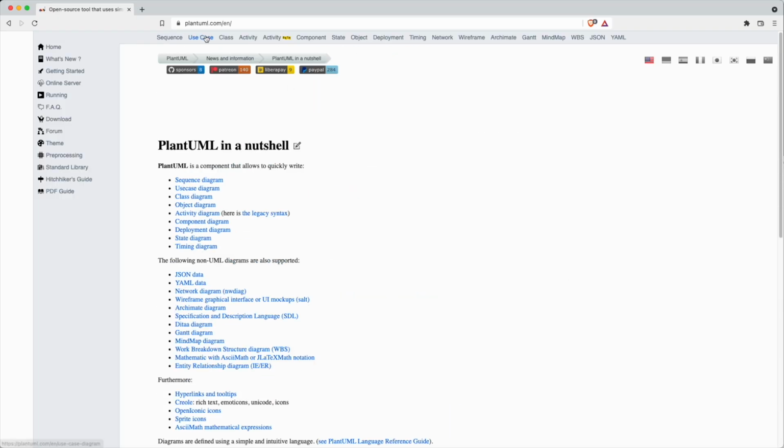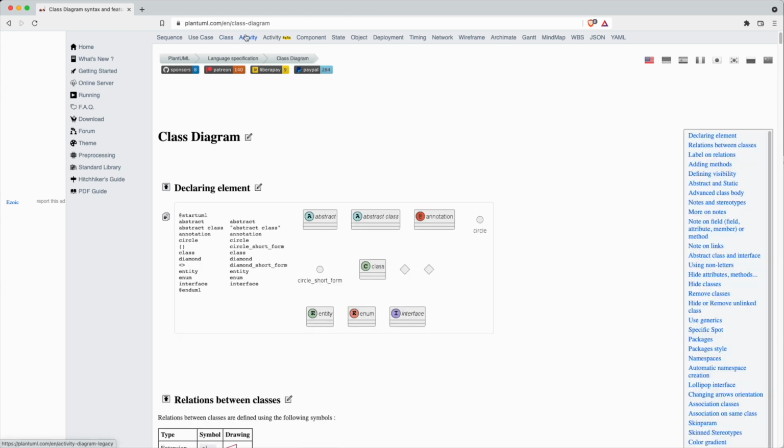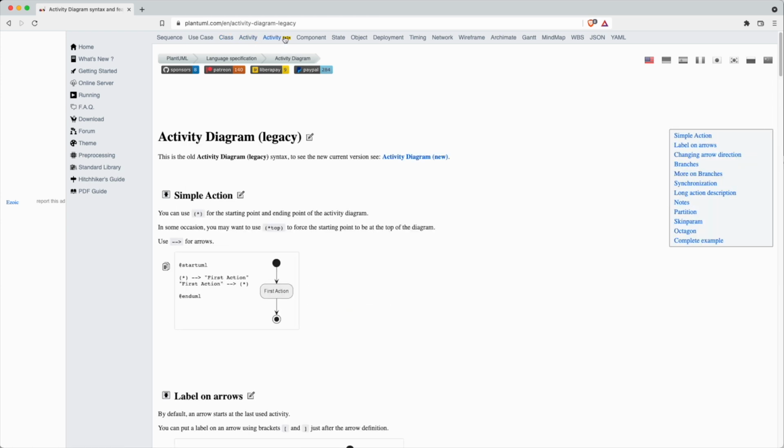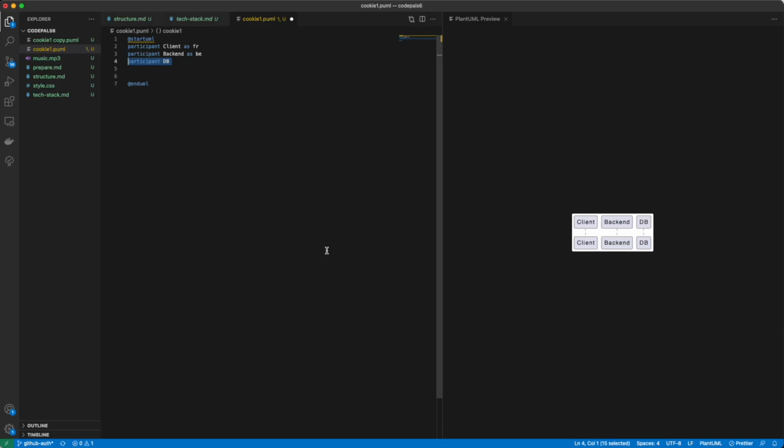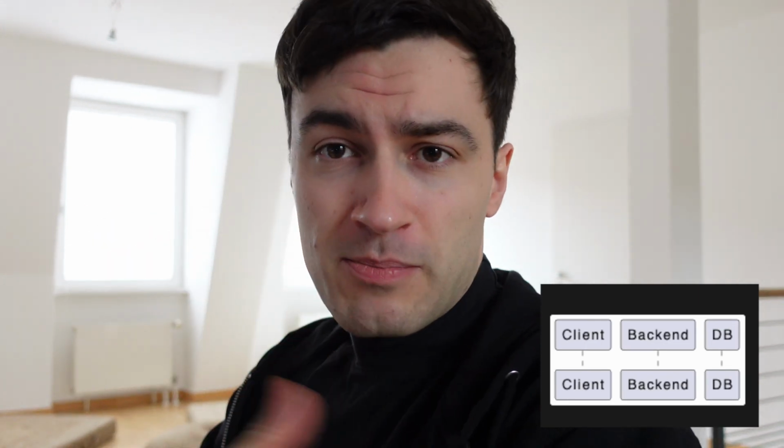Let's have a look now at the technology stack. I'm going to explain this using PlantUML. This is a tool that you can use to explain things with code. First of all, I will create a sequence diagram to explain what I did for solving the cookies. And actually there is a client, which is the browser in most cases. There's a backend, that's the server that I use to serve the files, but also to do some interactions with